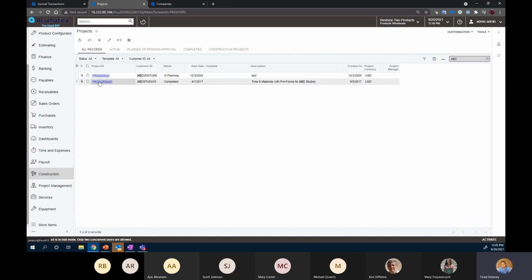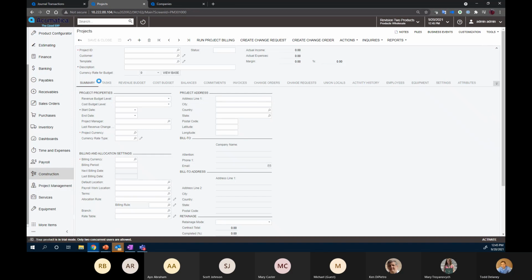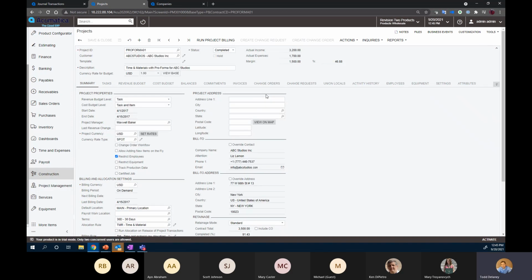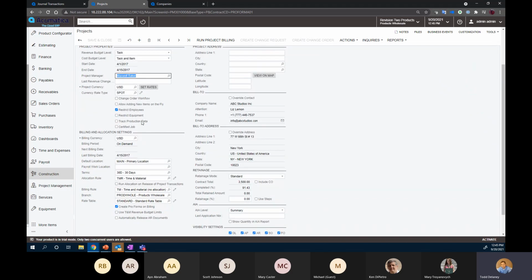So I'm going to pick this particular project. And now, just like the project screen and Project Controller, there's a lot of things in here. So I'm going to go over this pretty quick, but the main thing here is, while the layout's a little bit different, a lot of the same fields you're used to in the project screen in SL is here in Acumatica as well. So we've got our employee, right? Our manager field here. We have multi-currency capabilities too, change order workflow,